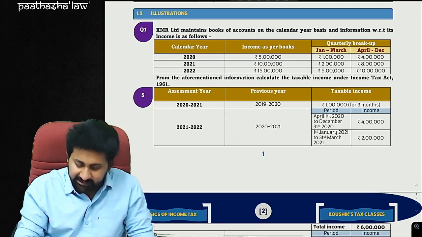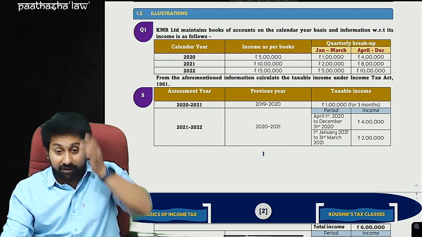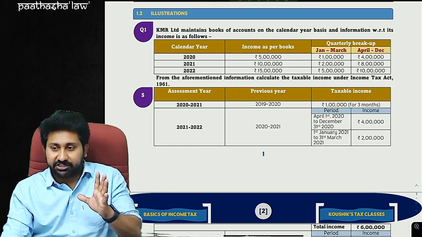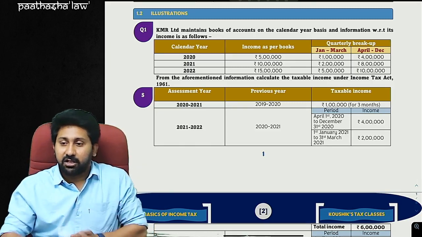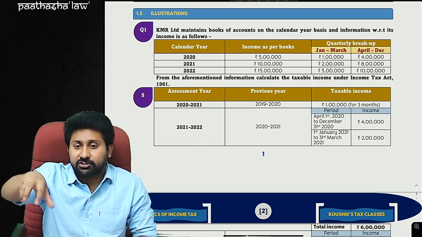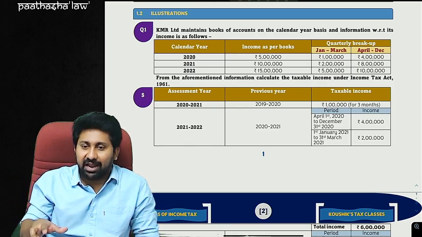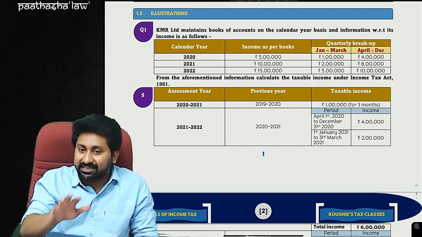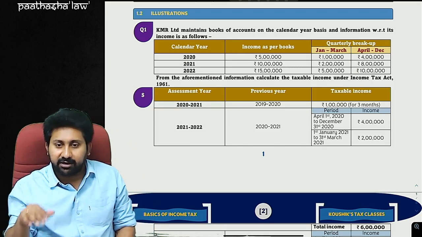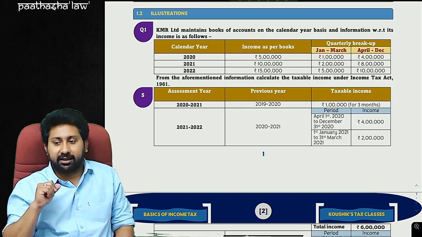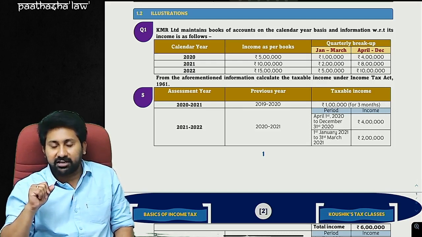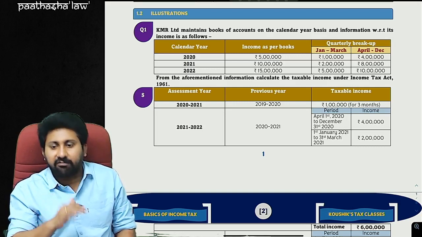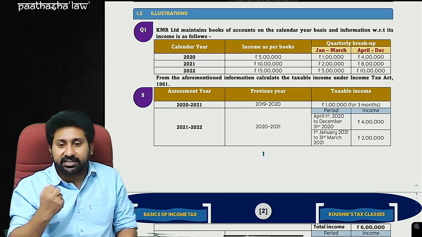And my dear friends, I am telling you again and again, after every topic I kept one illustration. These illustrations are taken from various sources, from the Act, and from good authors' books. I'm not talking about CA authors, I'm talking about normal income tax. Rajaratnam's book is there, the Income Tax Supreme Court module released by Mr. Rajaratnam, a bundle of 7 books, which we use in our office. From them, good illustrations.